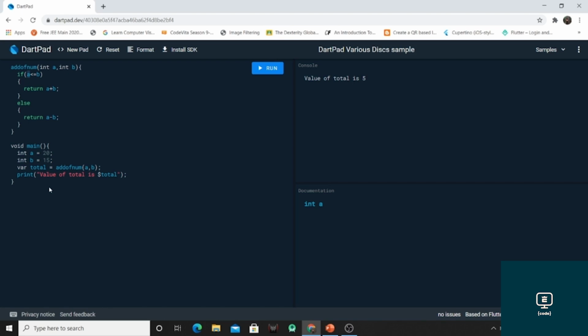Now we are having four types of loop, that is for loop, for in loop, while loop, and do while loop.